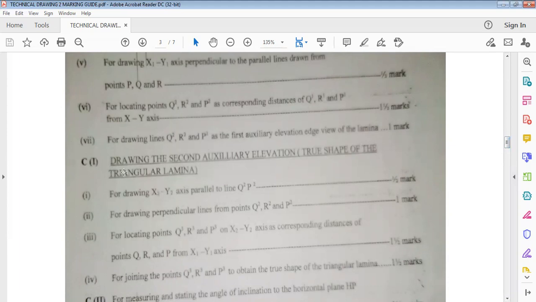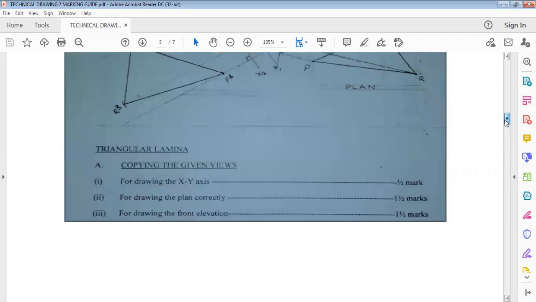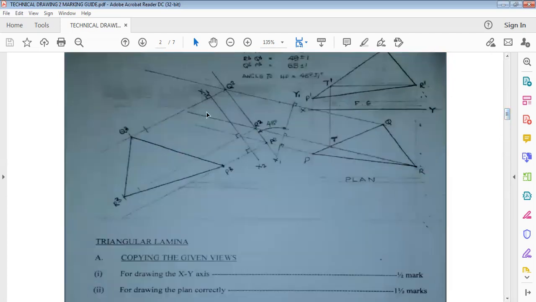Then we come to part C of the solution to this problem. The marks awarded for drawing the second auxiliary elevation, the true shape of the triangular lamina: for drawing X2Y2 parallel to Q2P2, you have half a mark for that. So where is that? So this is what we have here. For drawing this, you have